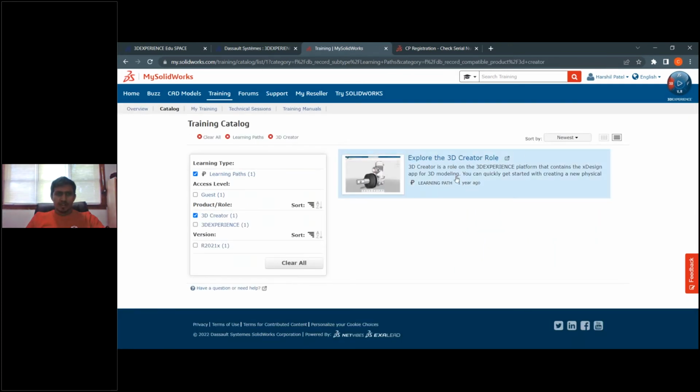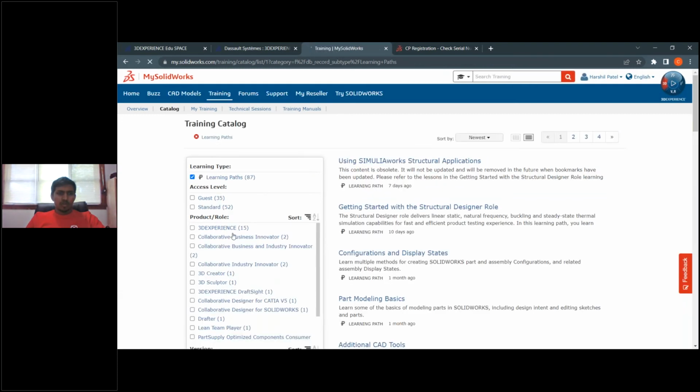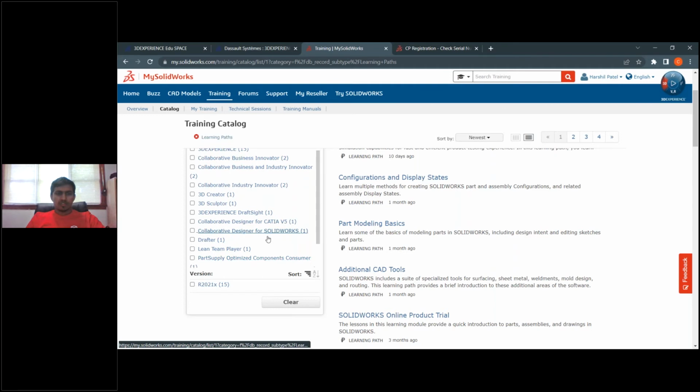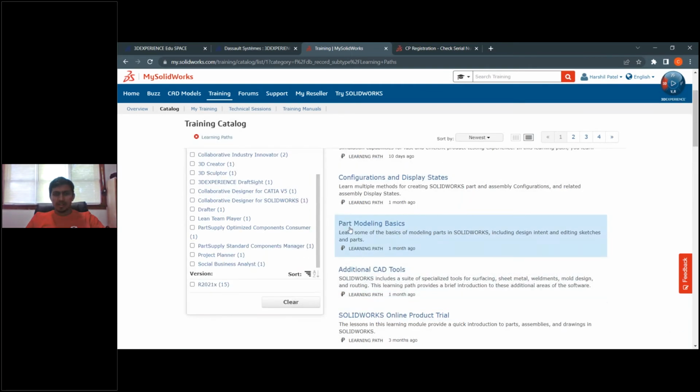You can also learn about the collaborative space and industry roles, the business innovator role, team player, and part supply optimization. So all the sources are available here.